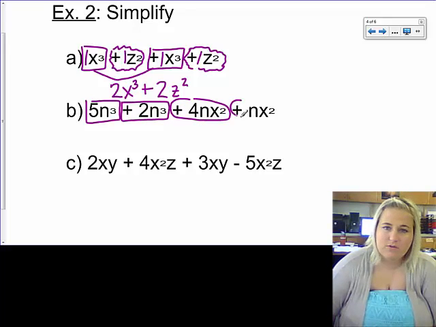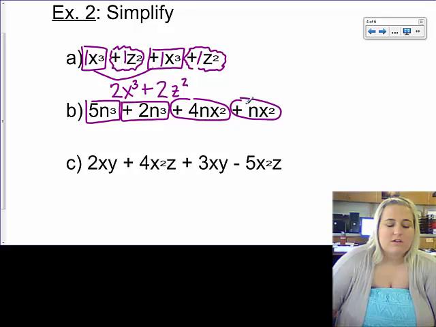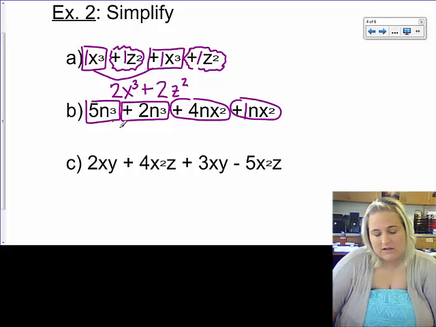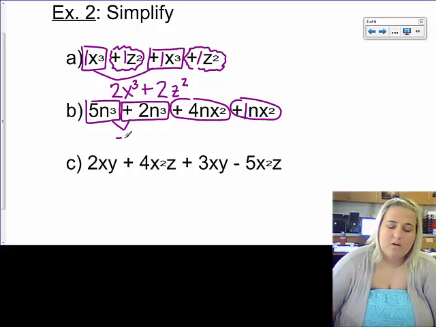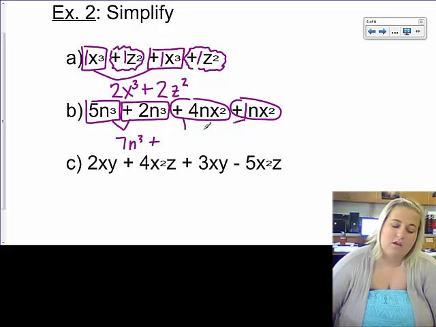plus nx squared, which I hope you remember this coefficient is an understood 1. Show it if you need to. If you don't, that's fine too. So I have 5n to the third plus 2n to the third is going to give me 7n to the third plus, because these are all positives, I have 4nx squared plus 1nx squared is going to give me 5nx